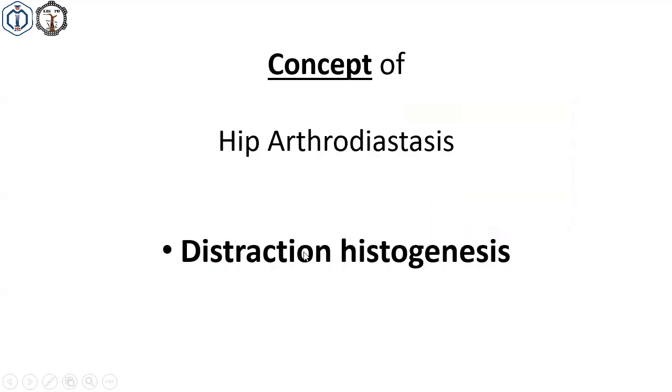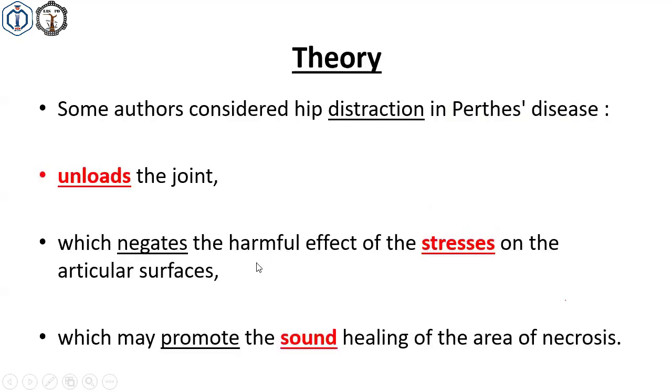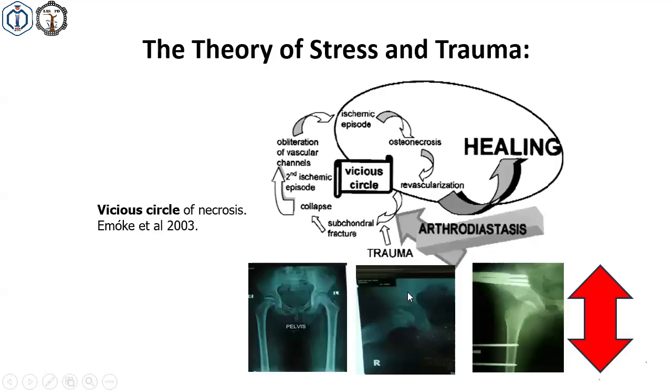The concept of hip arthrodiastasis, or distraction histogenesis, is that it unloads the joint and negates the harmful effect of stresses along the articular surface. So this gives us the chance to have sound healing of the area of necrosis and to interrupt the vicious circle in this area by applying the Elizarov at this